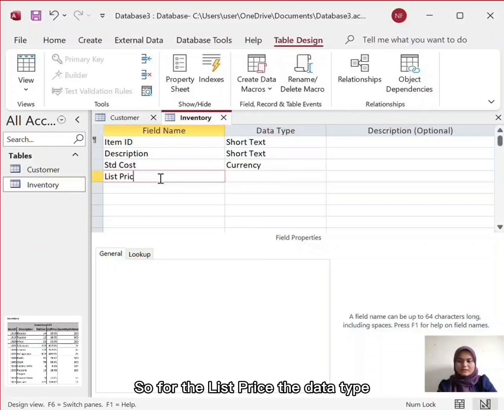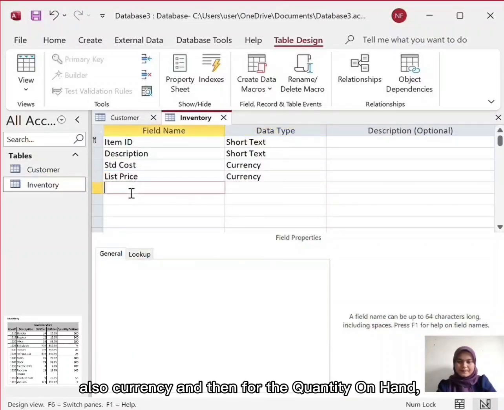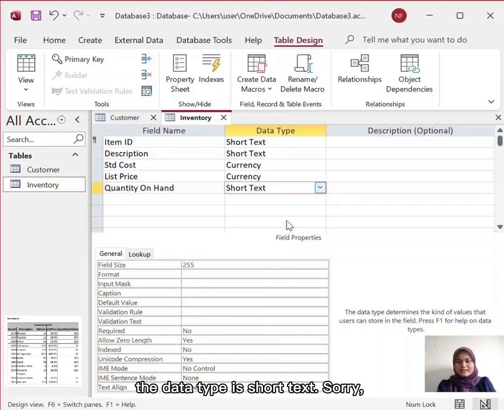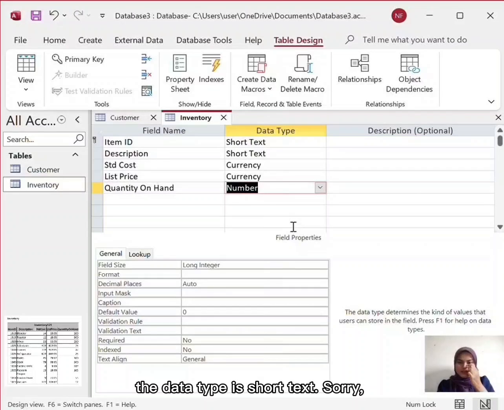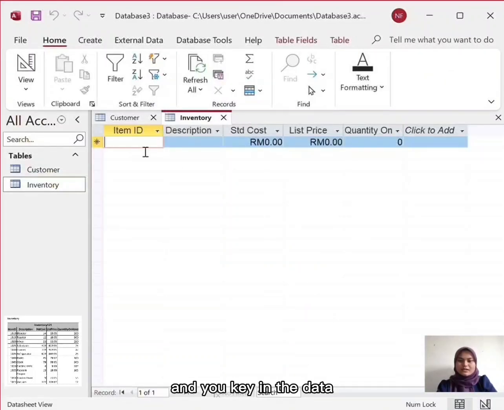So for the list price, the data type is also currency, and then for the quantity on hand, the data type is number. So here you need to click here again and you key in the data based on the data given.